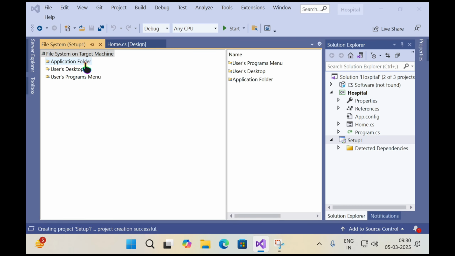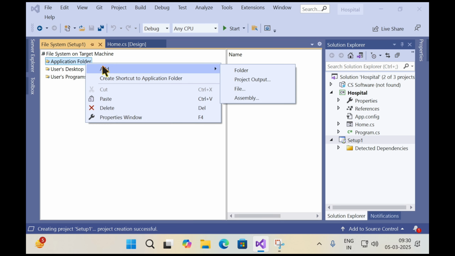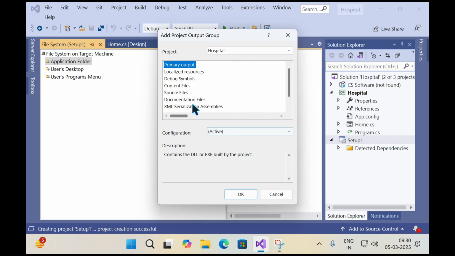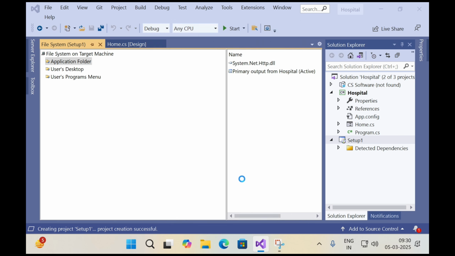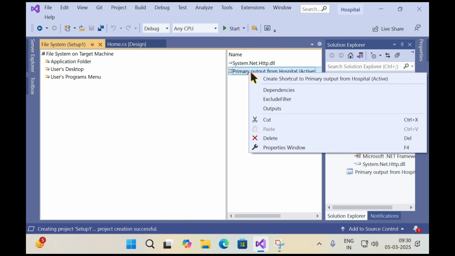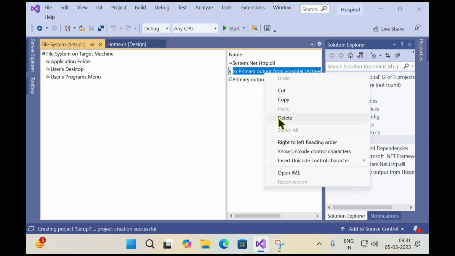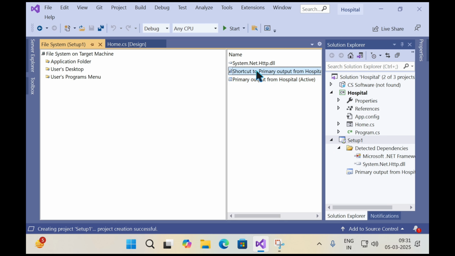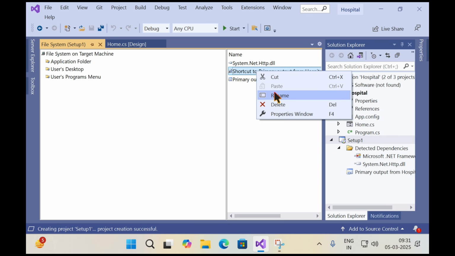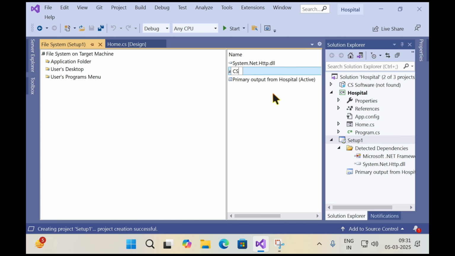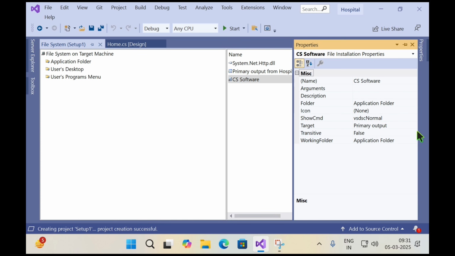After this, click on the application folder, right click, then click on add, then click on project output, then select primary output, then click on OK, then right click on the primary output, then click on create shortcut, click on the shortcut to primary output, right click, then click on rename and give the software name. I will give my software name as CS software, so click on it, then type F4 and in the icon